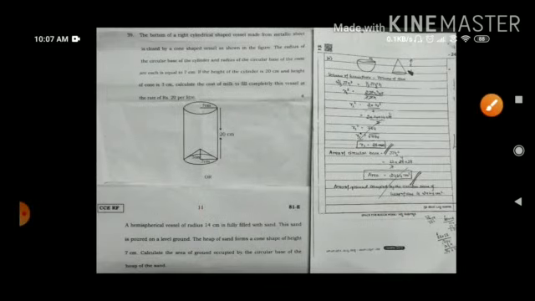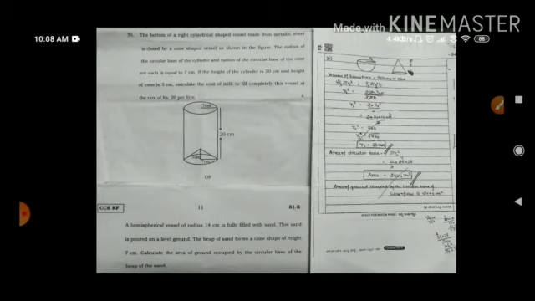So next it is the 39th question, and here also there is an option. Surface area and volume. Here it is a cylindrical shaped vessel made of metallic sheet, closed with a cone shaped vessel shown in the figure. The radius of the circular base they gave. Using this figure, they ask you to calculate the cost of milk to fill this vessel completely at the rate of 20 per liter.